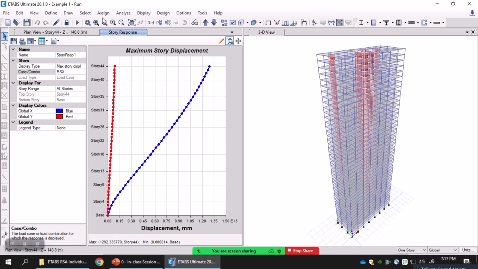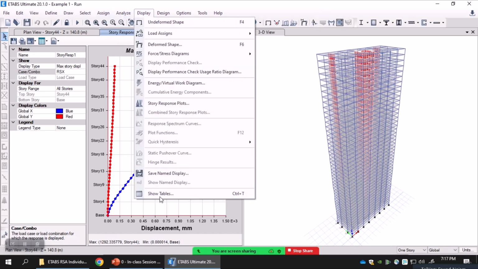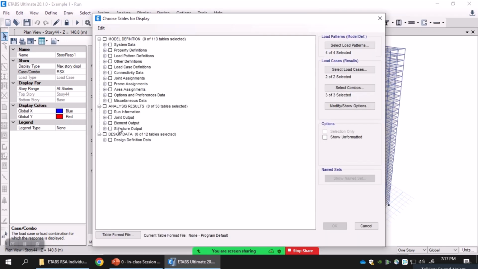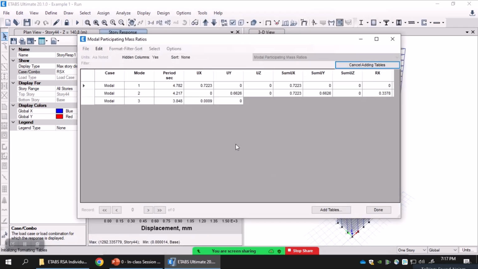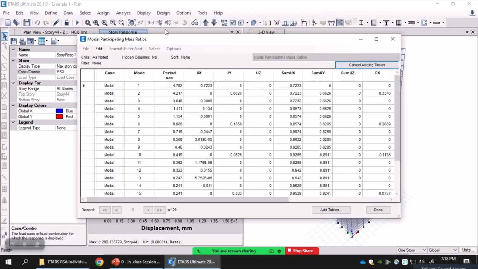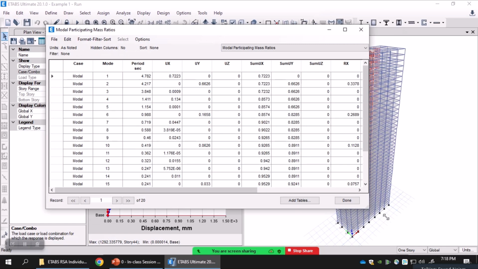For example, we can go to display and show tables, and in that we can go to analysis results, structure output, modal information, and then we can see the modal mass participation ratios, this one. So we can see that table to classify those mode shapes along the directions also. For example, here we can see